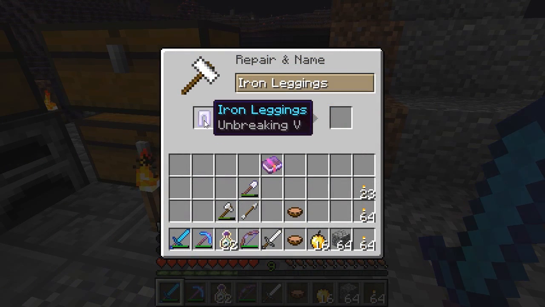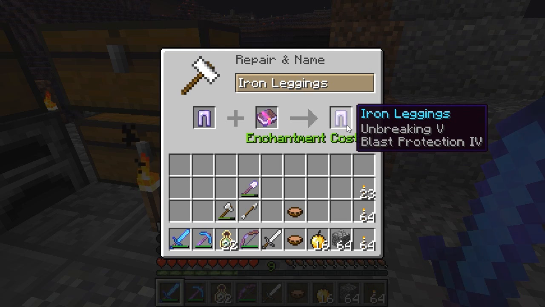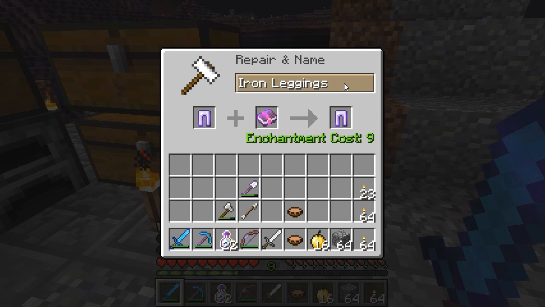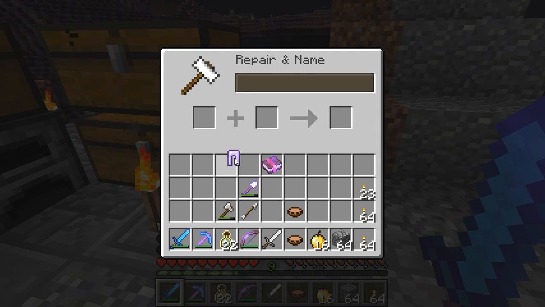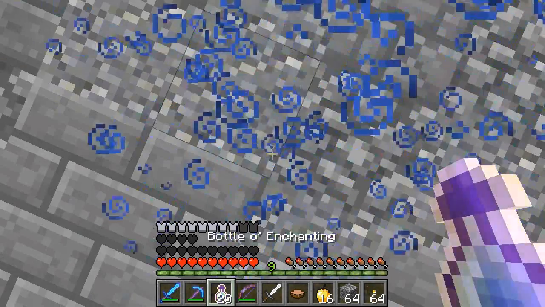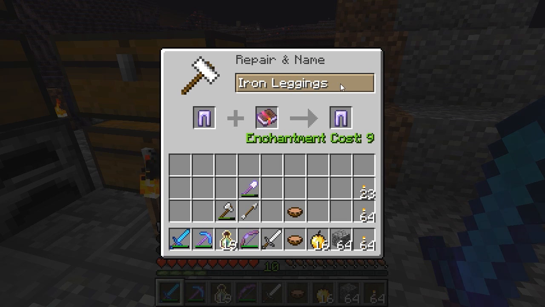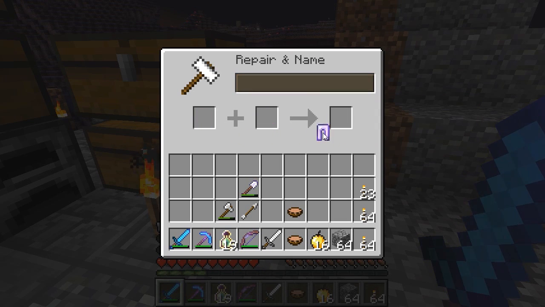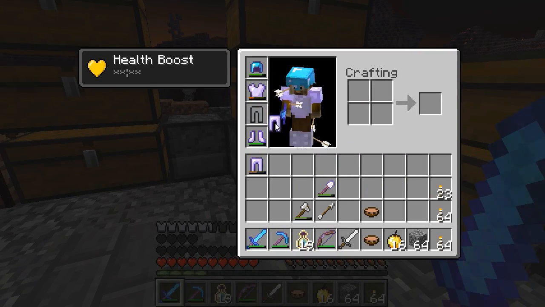I'm going to take a set of iron Unbreaking 5 leggings and put Blast Protection 4 on them. And I am going to call them Boom Boom, because who doesn't need some Boom Boom in their pants? Except that's going to cost me 10 levels, and I only have 9. So let's fix that. Alright. Boom Boom. So I've got a new set of pants, and so I can wear that into trance number